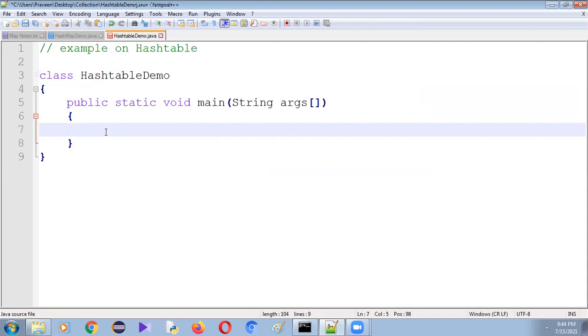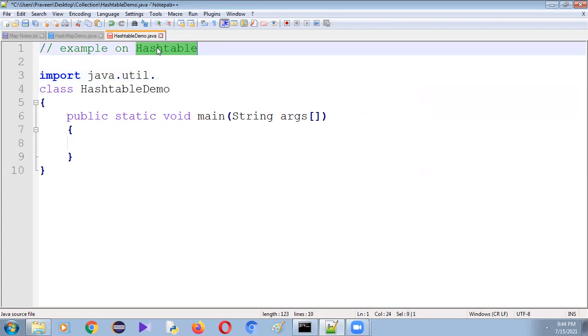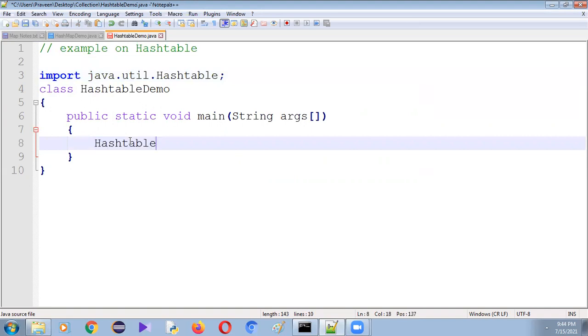Okay, maybe you can get the doubt that hash map and hash table both are using the concept called hash table, so insertion order is not preserved. Then what are the differences between hash table and hash map? Okay, we will discuss these differences after a few minutes. So before using this hash table, we have to import it. Import java.util.Hashtable. Let me create the object of hash table.